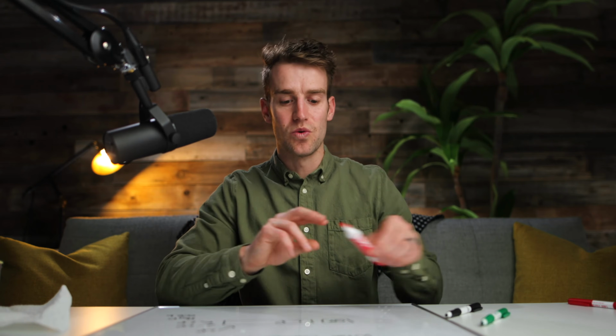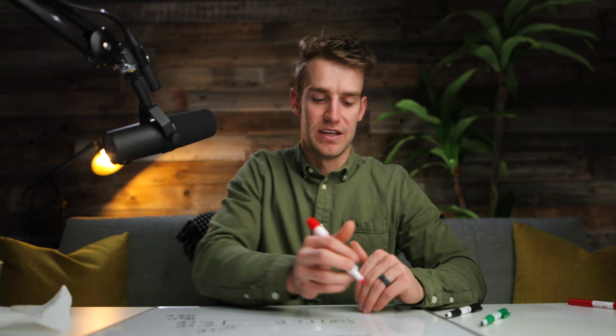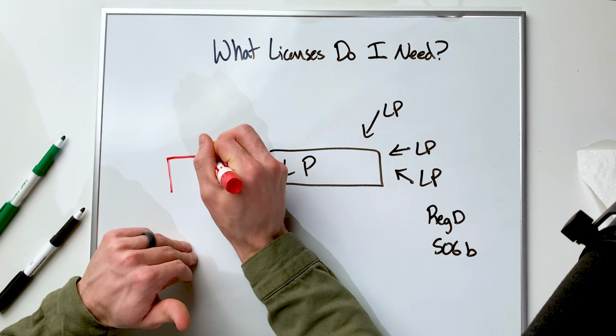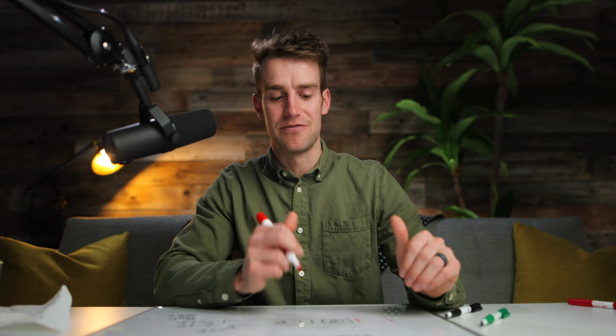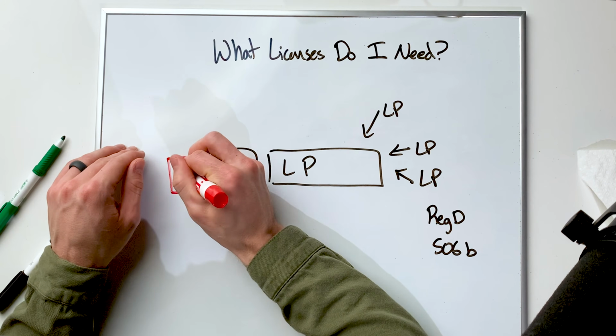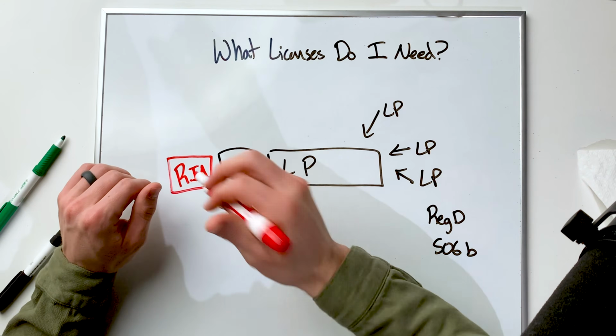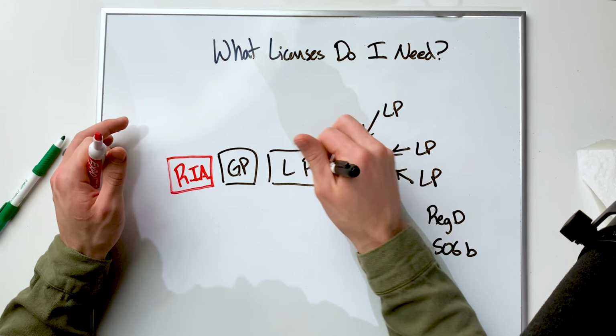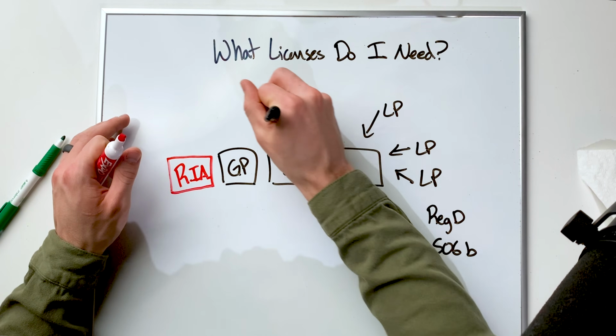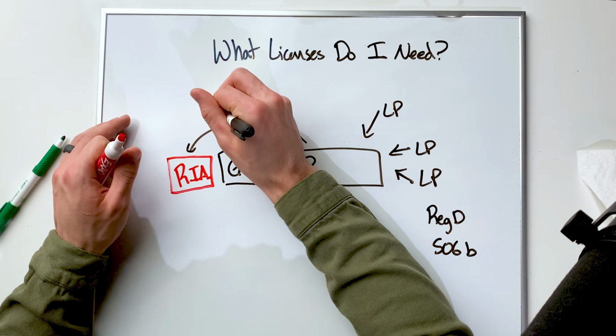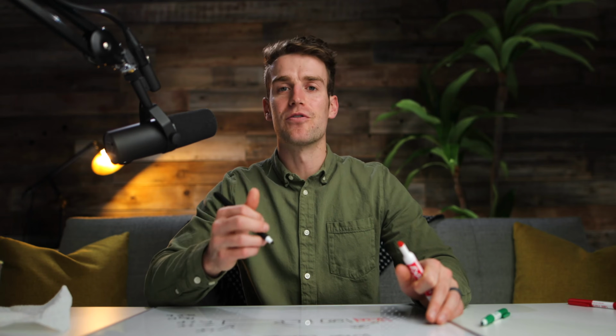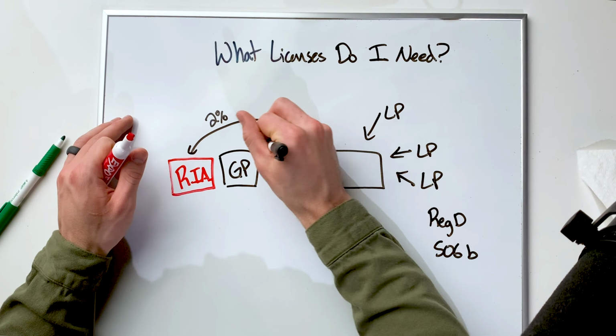Now, a lot of funds want to charge a management fee, and I'll put that right over here. I'm going to draw this out. To charge a management fee, you need to have what's called a registered investment advisor along with your general partner. So what happens when distributions happen or a waterfall happens? The limited partnership, the fund, makes money. The management fee will go to the registered investment advisor. Let's call it 2%, like a 2 and 20 fund. And then the performance fee will come to the general partner.